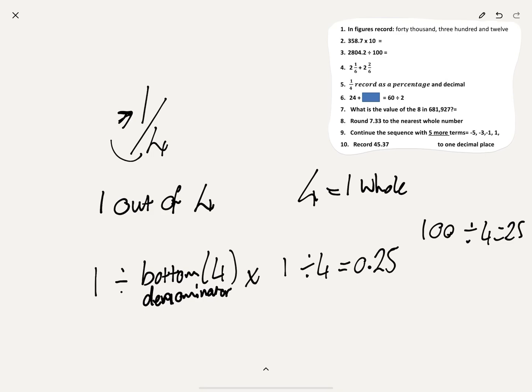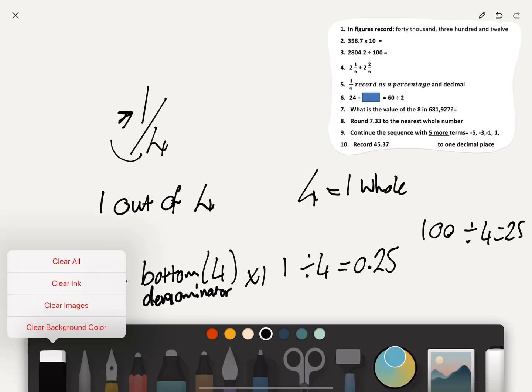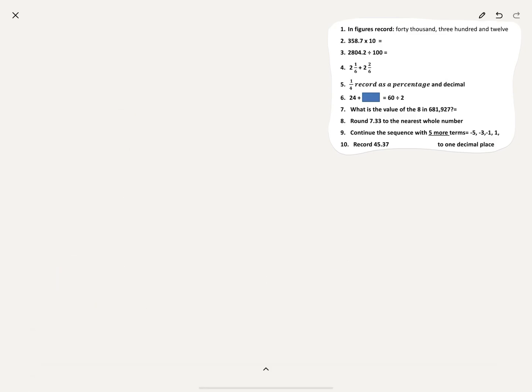Okay, and then you need to multiply it by 1, which is your numerator, but obviously 0.25 multiplied by 1 is 0.25. So, loads of just waffling there, I do hope you understood that. The decimal is 0.25. Hopefully, you get to the point now where that's not a calculation anymore. You know a quarter is 0.25, and you know a quarter is the percentage I'm going to tell you in a second. This is the method, and this is the proof that they work, but